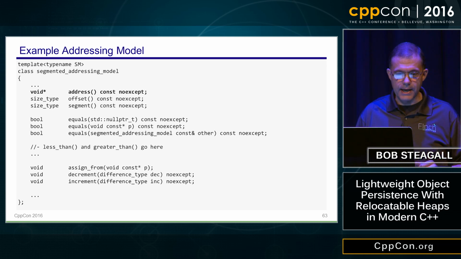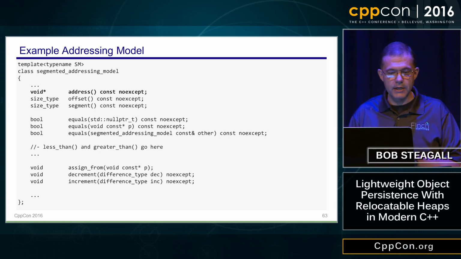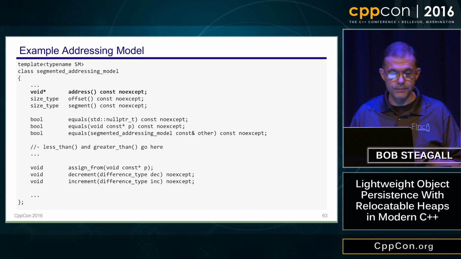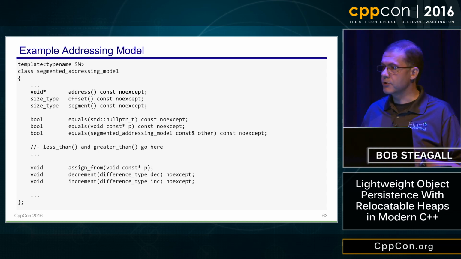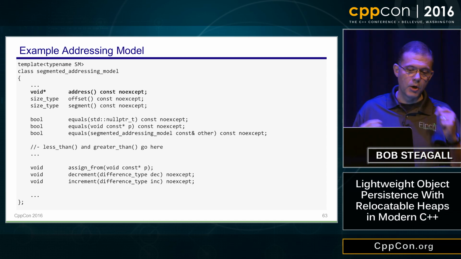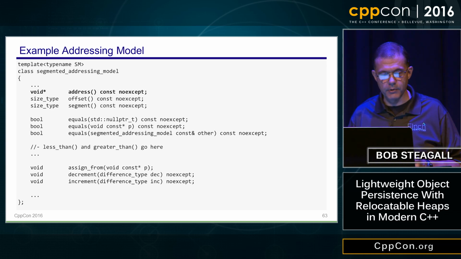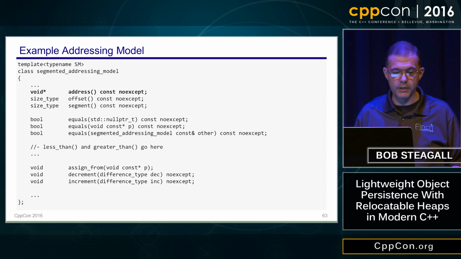Here's the middle of that class. I've got the first three functions, address, offset, and segment, which provide information about memory. And here the key function, the most interesting one, I call address. There are some helper functions which are used to perform comparison. There's a helper function to test for equality and helper functions to test for less than or greater than operations, but I've not shown them here for brevity.